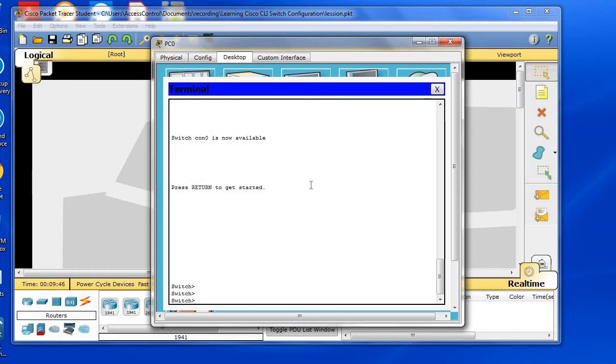In order to go to the configuration mode, you will go to the privilege mode first. So the command is enable. Then you are in privilege mode. The switch name is "switch", which is the default name. In order to change the switch name, you need to be in configuration mode. So to go to the configuration mode, you type config